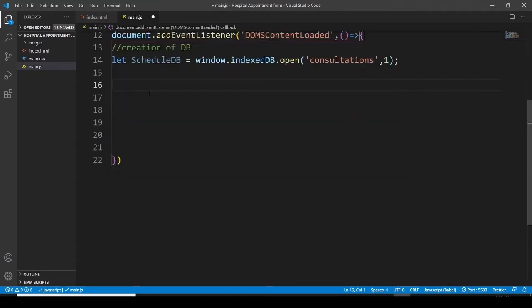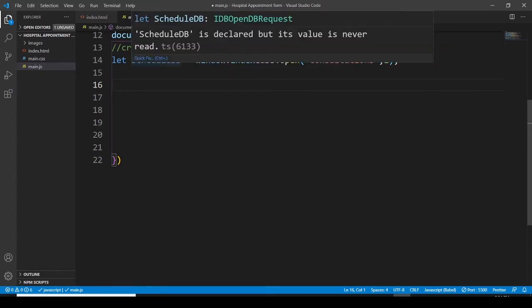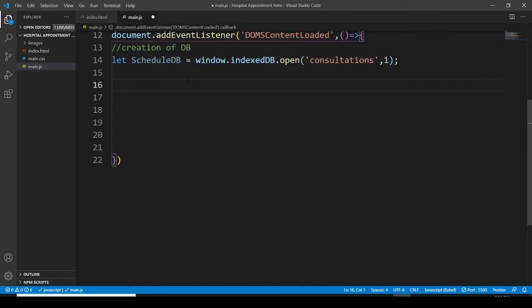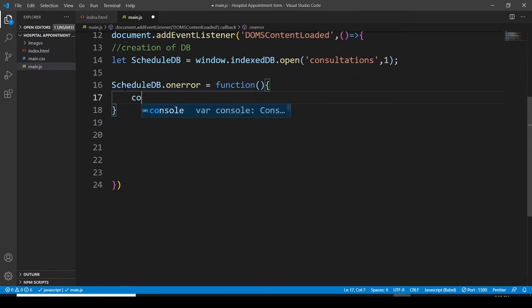It is going to open. So now we have to create a function which is going to tell if there is an error or if everything is fine. So first of all, I would like to copy this schedule DB, and on error there would be a function, and what this function is going to show, if there would be an error, is that